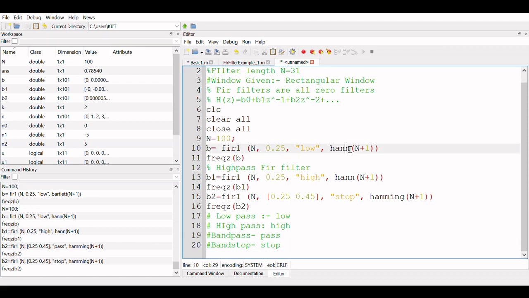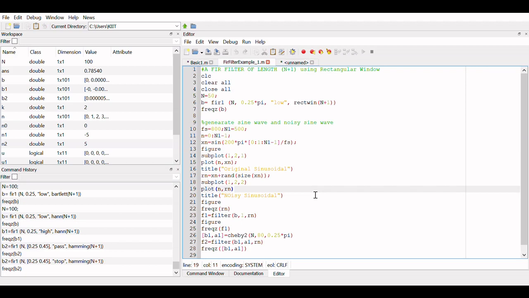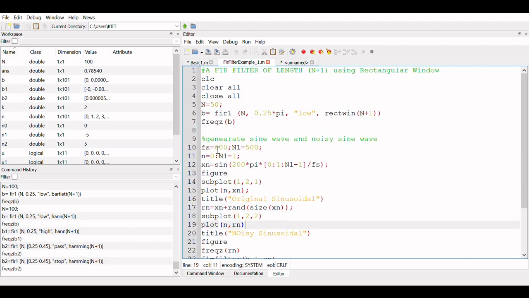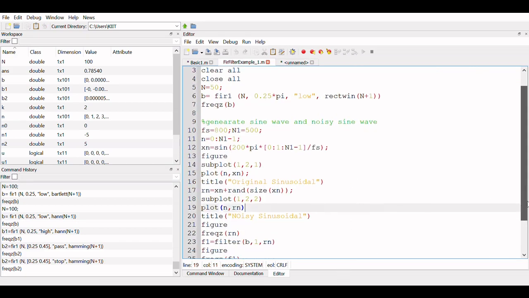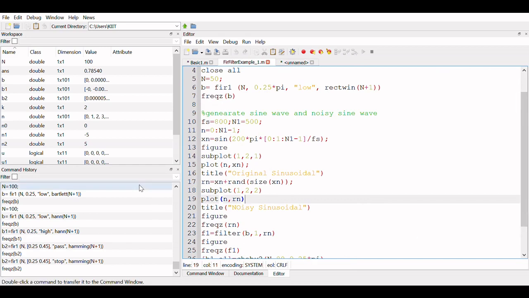Now suppose you want to implement this example. You want to filter a signal using this filter. Let me take one example over here. Here I have designed the filter, and here I am generating a sinusoidal wave. The process is going to be the same for all the filters.